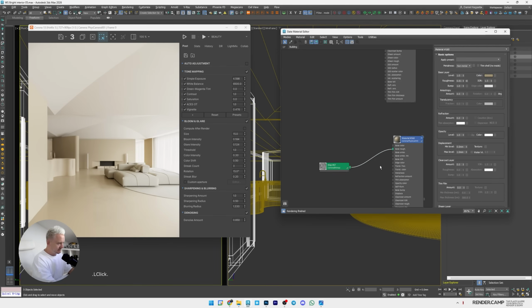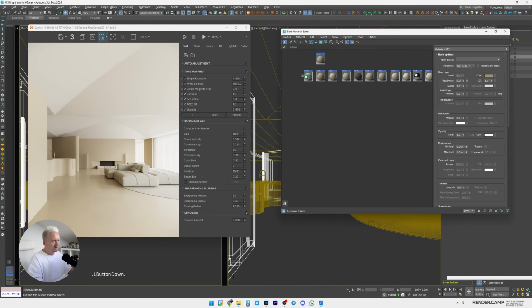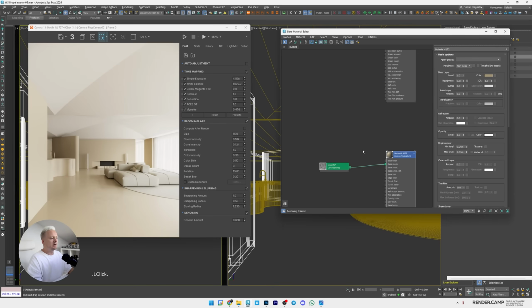So I have to remove that, duplicate it, delete it, base roughness, and apply to the walls. In this case, I'll get clean and new shaders here,